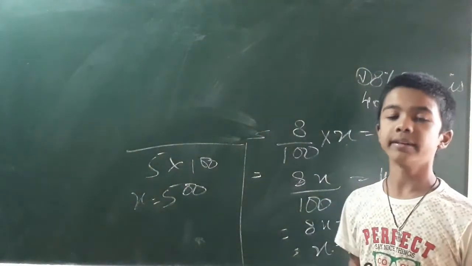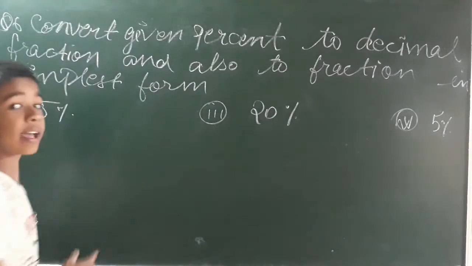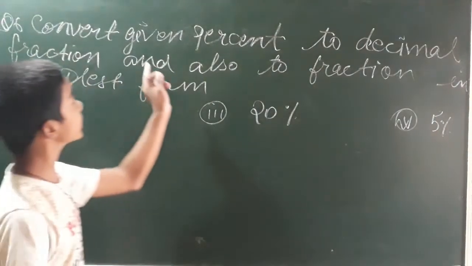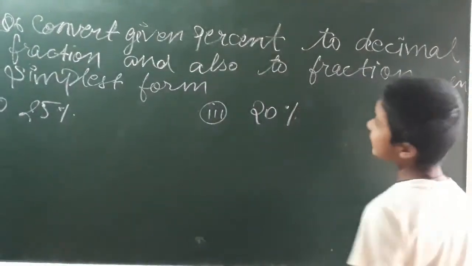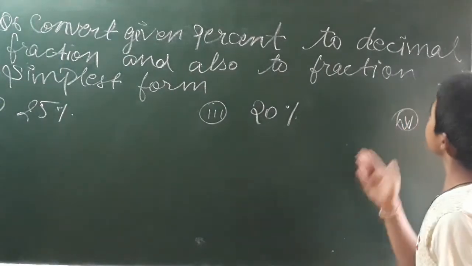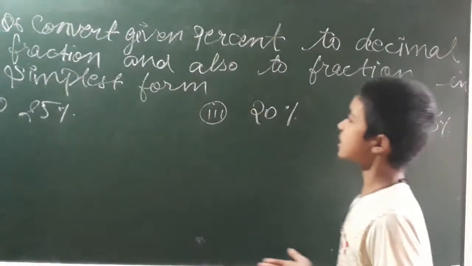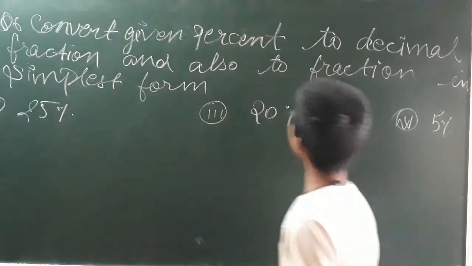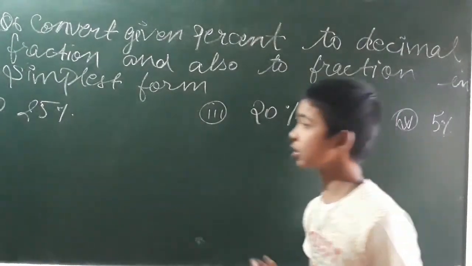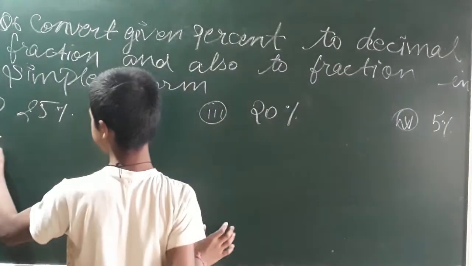And now we are moving to the sixth number question of exercise 8.2: convert the given percent to decimal fraction and also to fraction in simplest form. So we have to convert to simplest form and to decimal fraction, both. So first we will do